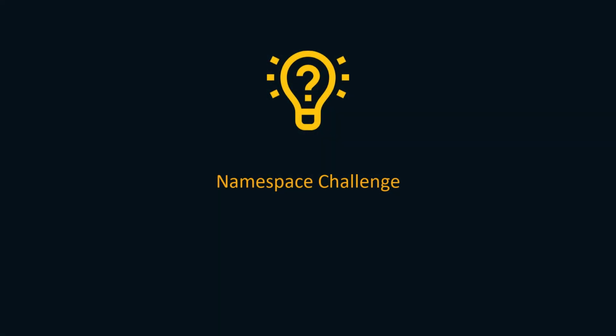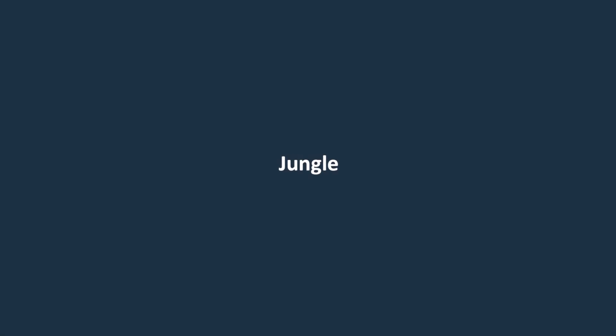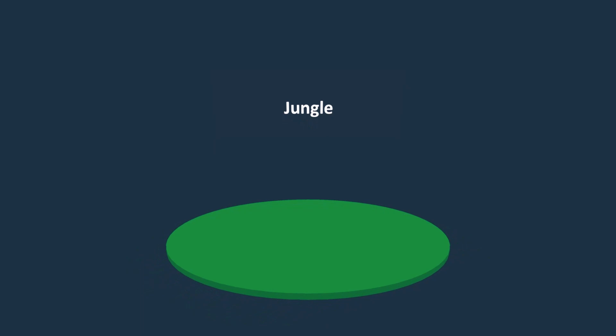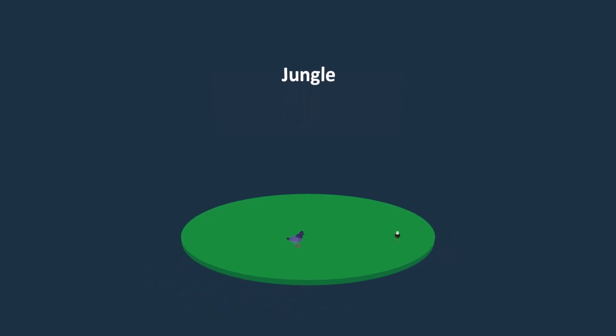Hello and welcome to our namespace challenge. In this challenge, we want to create a Django application for organizing information about some animals. Imagine we have two birds, pigeon and eagle, one reptile, which is a snake, and two mammals, wolf and fox. Okay. In this application, we want to display the type of movement of these animals.